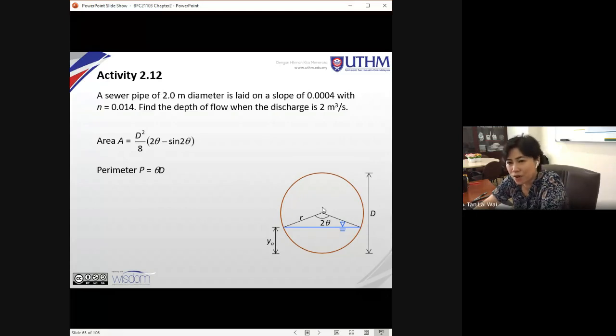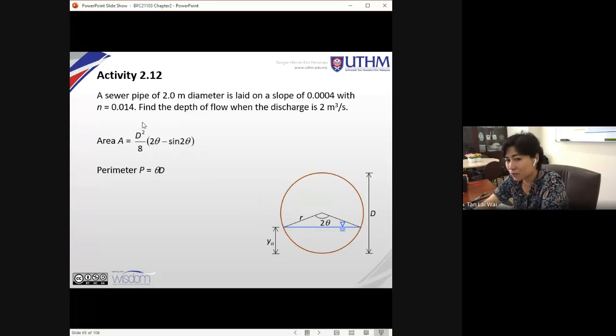S naught is 0.004. Manning roughness is 0.014. Q is 2 meter cube over second. Now, you need to find Y naught. I believe you could not find Y naught straight away because your A